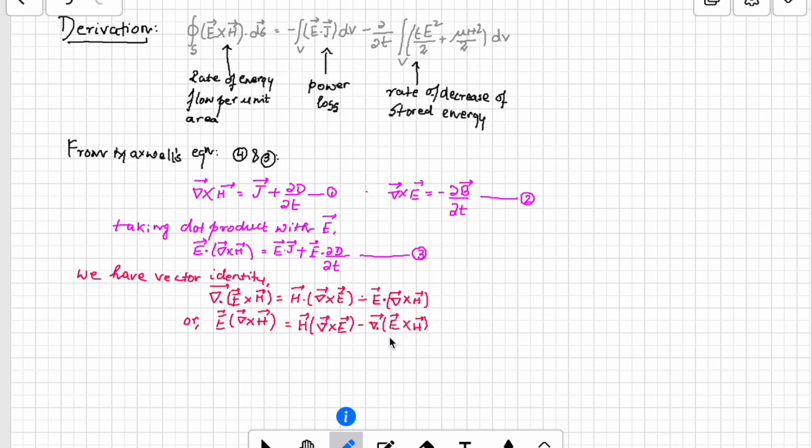So I can take this. Now we can put this relation in 3. If I replace this in 3, I can write it like this. So this is E bar dot,